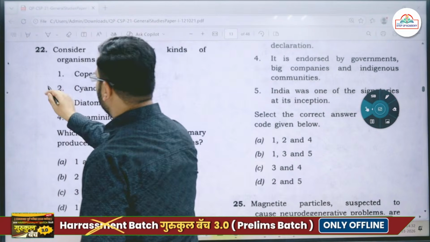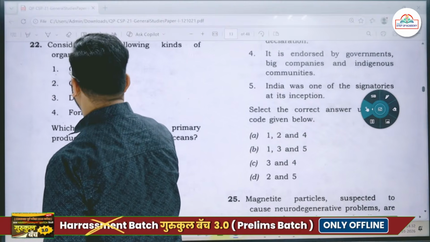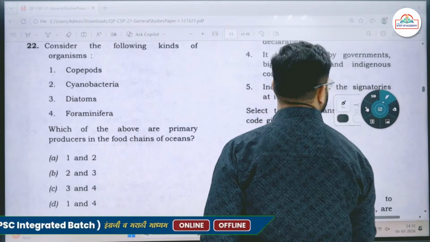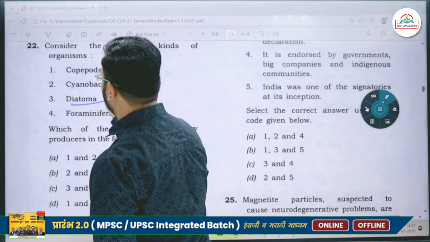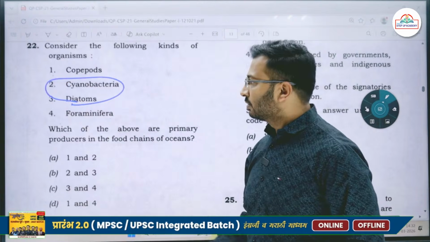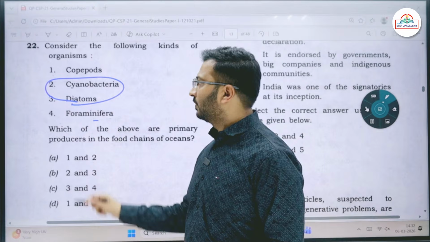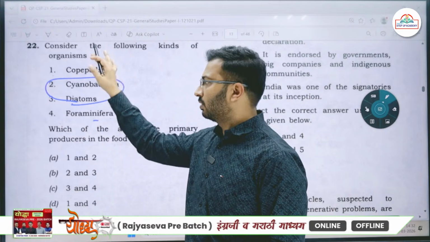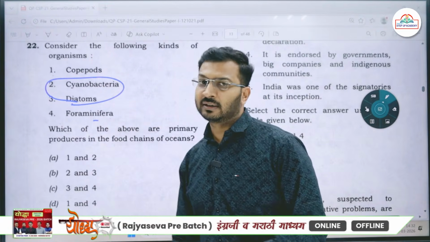Okay, somewhere you would definitely have read it, that is cyanobacteria and diatoms. Okay, you would have read this. You would have also heard about the foraminifera. Not sure whether you would have read or not about the copepods, but these two are directly mentioned in the